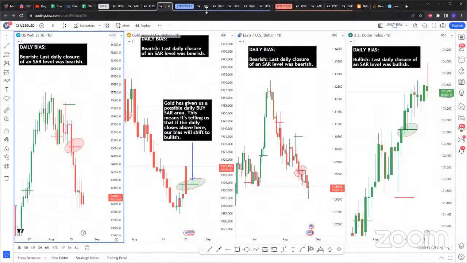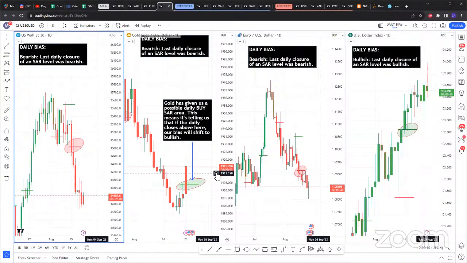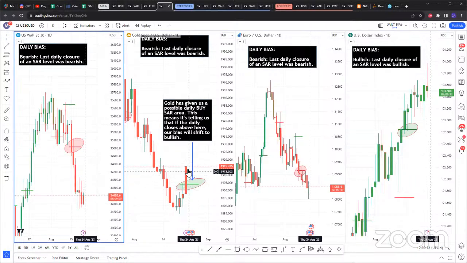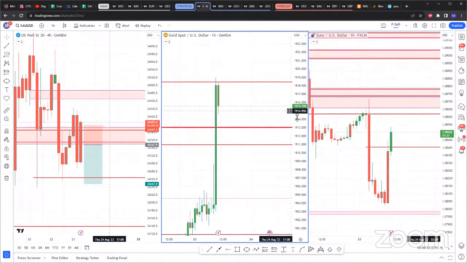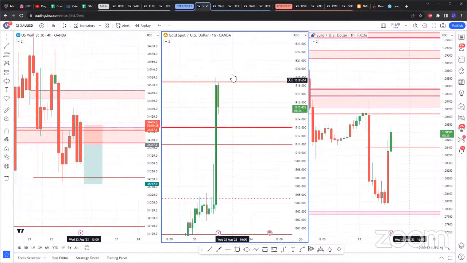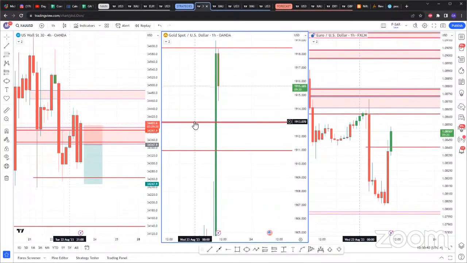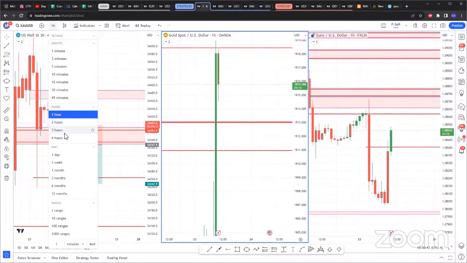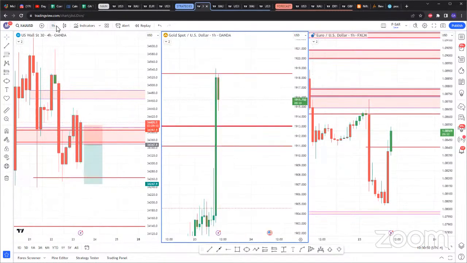So for me on gold, I'm still bearish on gold for the next 6 hours, right? So this candle right here, if it closes above, that's the only time I change my bias. So here on the hourly, I don't trade single SARs, but you can see the rejection. So you can trade them. So not to say you cannot, you can trade single SARs, not a problem. But for me, my entries, my sell would be either at 1913 on gold on the hourly. On the 4-hour, we already established that by the time this trade is validating, the daily bias would have changed probably to